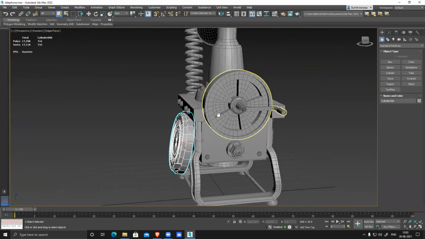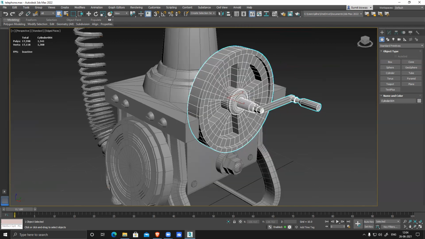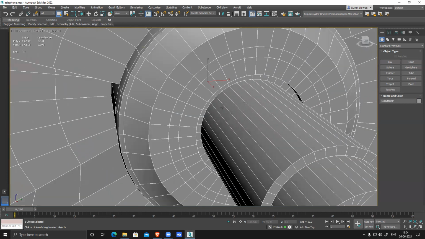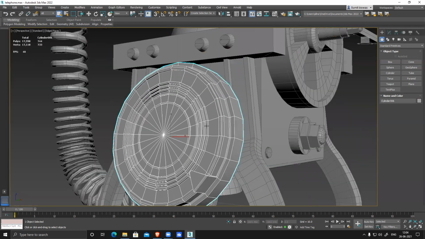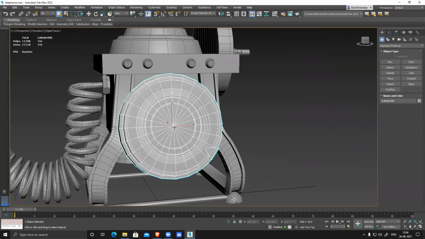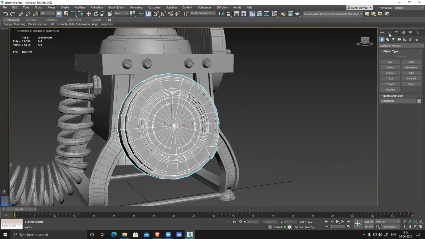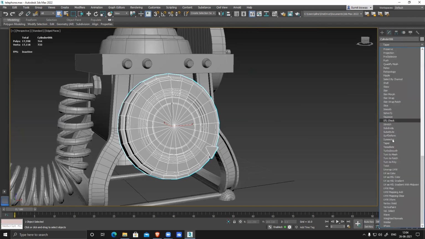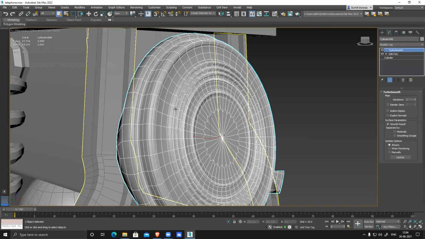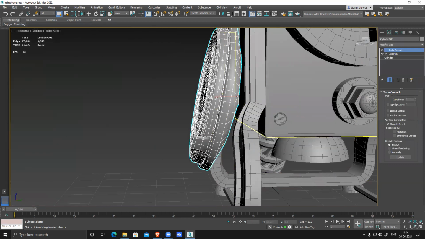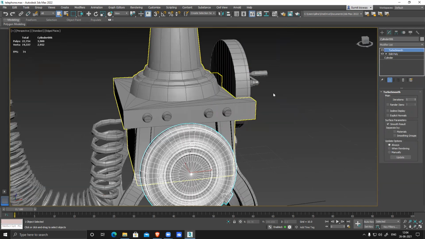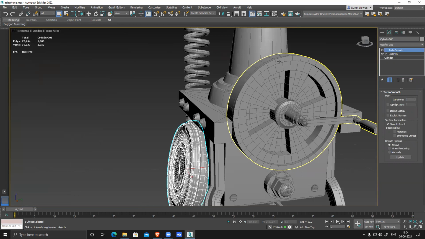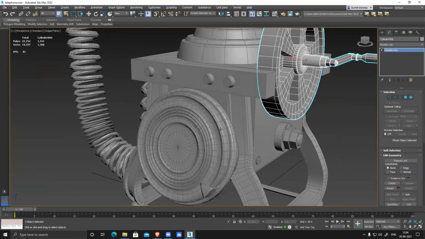Okay. So one thing, this one is nice. Here you can optimize, right? Because this is a flat surface. This dial needs a little bit more polygons, a little bit more edges in between. If I apply a turbosmooth on this, you can see it destroying the shape, because of all this modification. It should look smooth and round, like this one. This is the correct one. So this kind of poly distribution you need to add here.